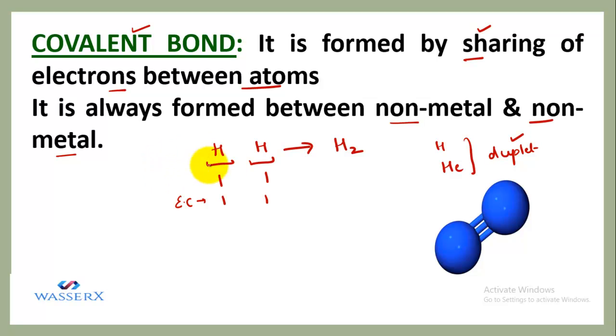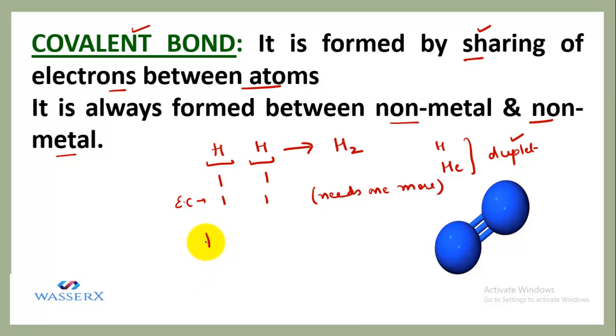So now, in this case, we are talking about hydrogen. It already possesses 1 electron. So in order to attain stability, both hydrogen atoms need 1 more electron. And as both are acceptors, what they will do is share the electrons between them. That is, they will mutually share the electrons. So let's see how we are going to form this covalent bond, or how we are going to show the bonding between these atoms.